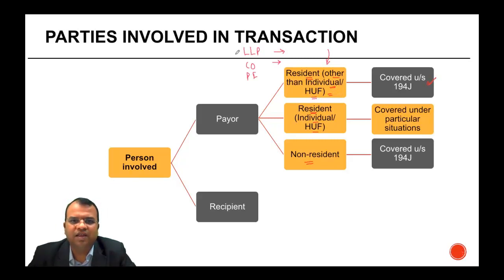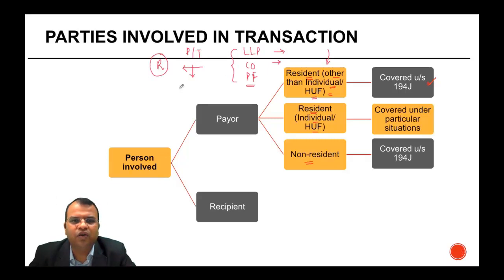These people, if they make payment in respect of professional or technical services to another recipient, are under an obligation to withhold tax. Now the question is, even if withholding has to be done, will other conditions apply? Yes, generally they are assumed to be liable to deduct tax,